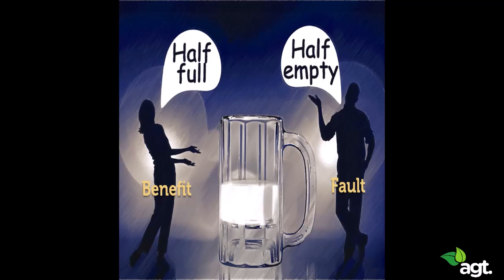So to round up this distinction between the benefit and the fault finder, I want to once again stress that nobody is absolutely one extreme or the other. We all exist on the continuum. We are all somewhere along the line in between the two extremes. So what I advocate now is to move from fault finding more towards benefit finding, because it has a lot of benefits, and we'll see more about that soon.